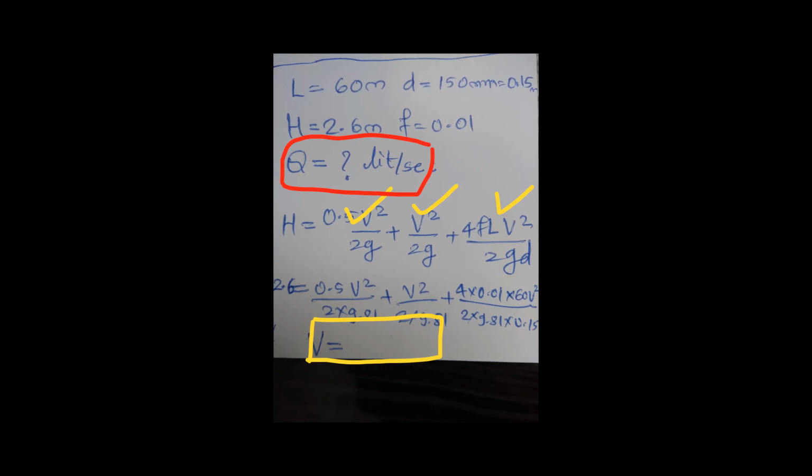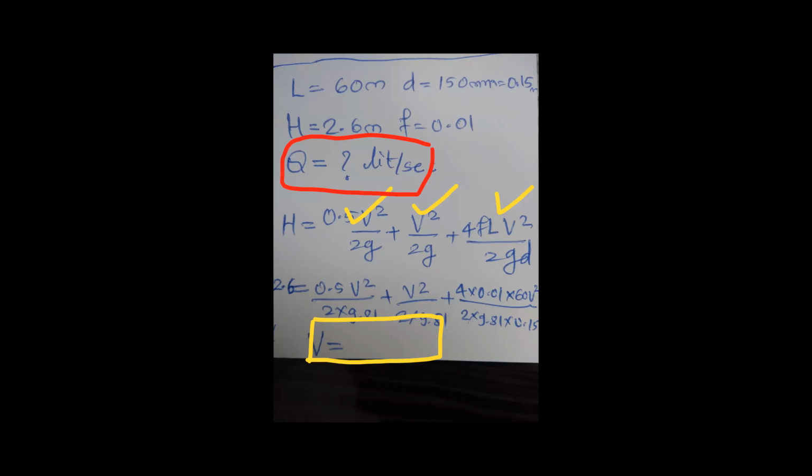0.03016, something like that. So Q in liter per second. Your answer is in meter cube per second. You just need to multiply that with 1000. 30.165. You can make it as 30.17. So the Q is 30.17 liter per second.